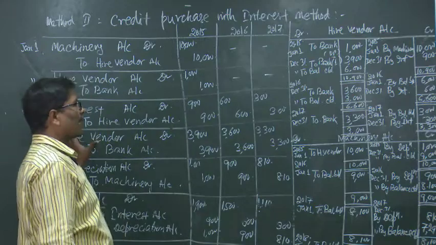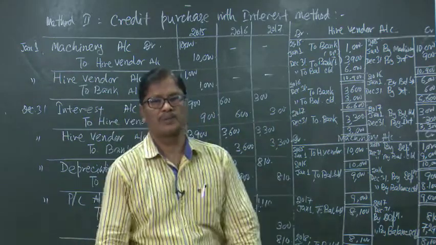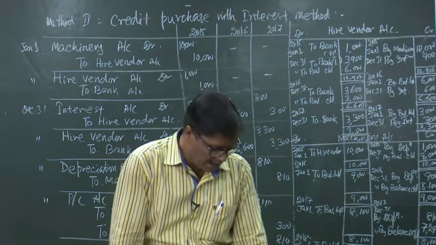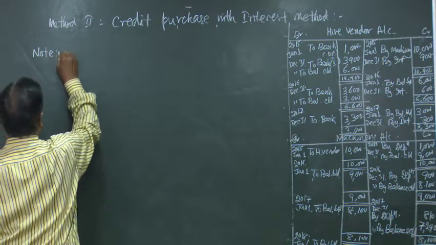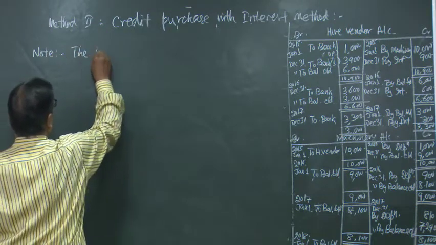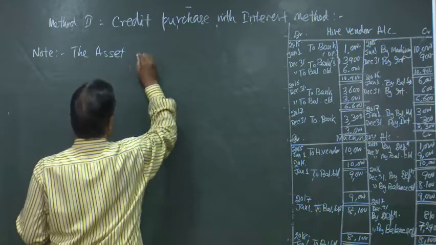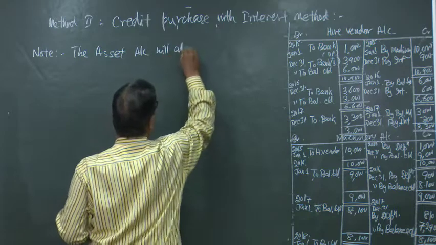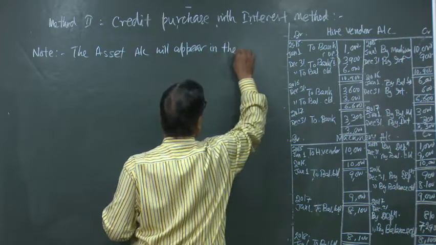So, this is the journal and this is the ledger. Now, let us come to the balance sheet, how it will appear in the balance sheet. In this case, asset means machinery, the asset account will appear in the balance sheet